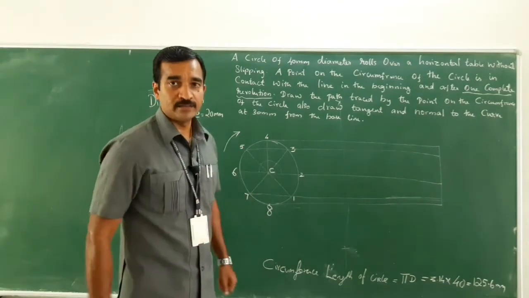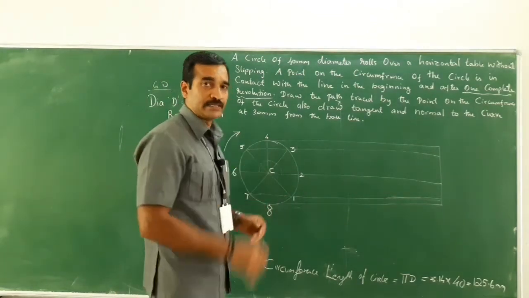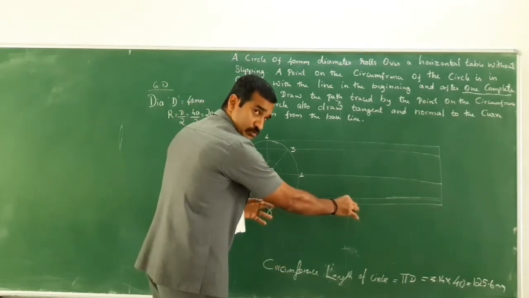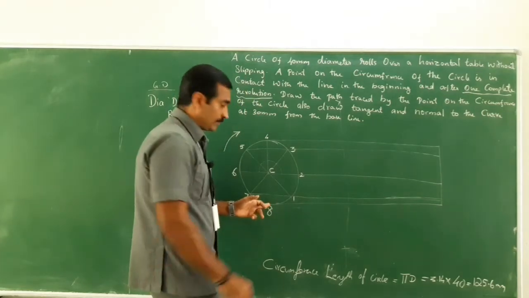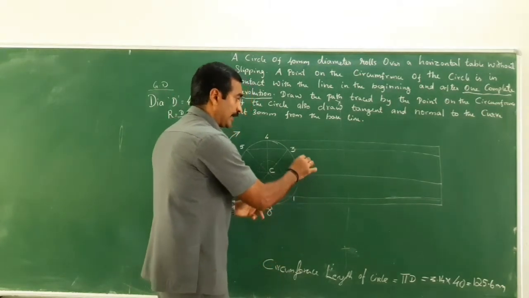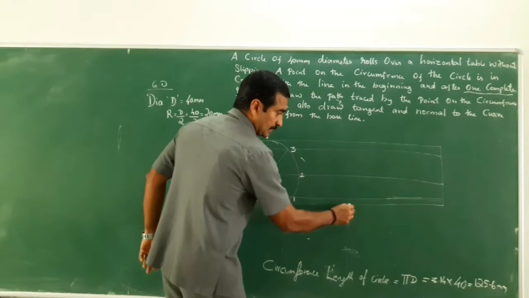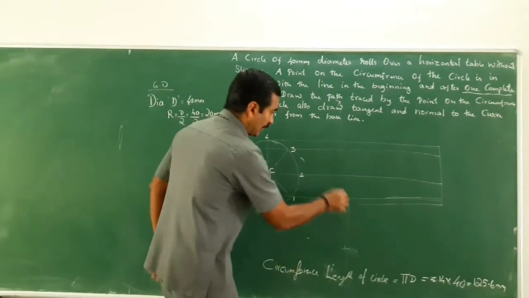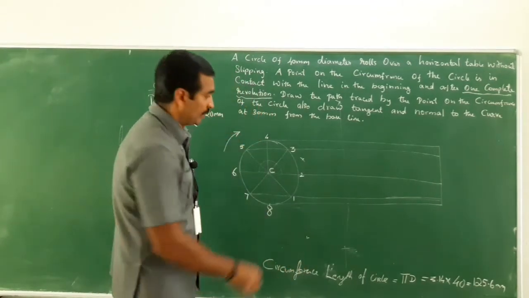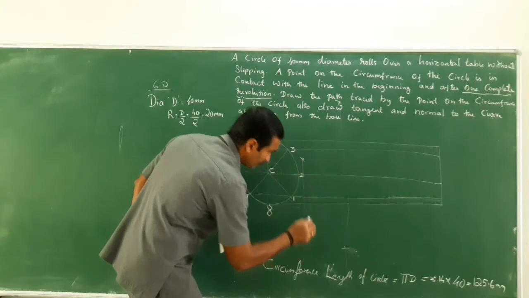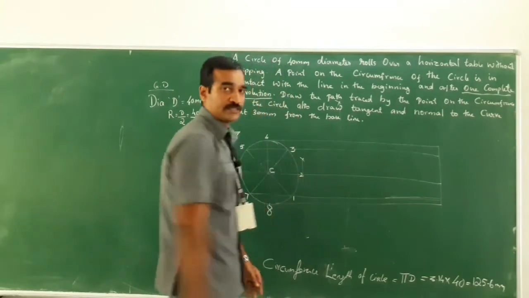How many divisions we wanted? 8 equal divisions, isn't it? So further, I am going to do the bisecting method. This is the boundary now, right? This is the limit, starting point and end point. Keep your compass here, take more than half and cut an arc above as well as below. Now change the compass here, this is the center, and without changing the radius, cut an arc above as well as below. Now connect both, right? Now 1, 2, 3 divisions.